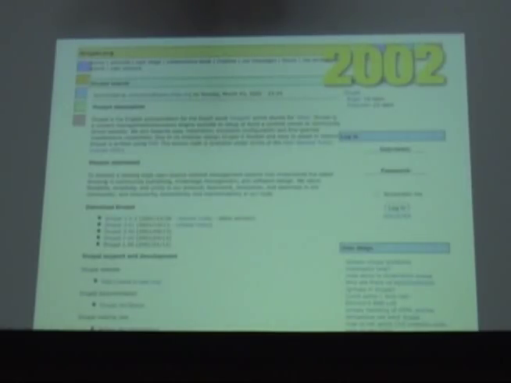So this is one of the first Drupal.org pages that I could find. Incidentally, this post on the homepage was written by Moshe Weitzman. Is he here? He's not here. Well, you can tell when you see him. There are some interesting things about this page. I don't know if you can read this, but it says, Drupal is the English pronunciation for the Dutch word druppel.